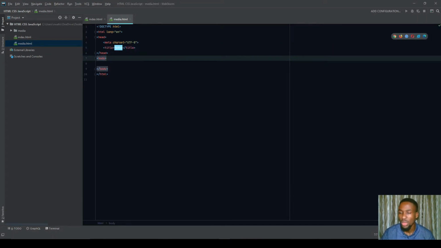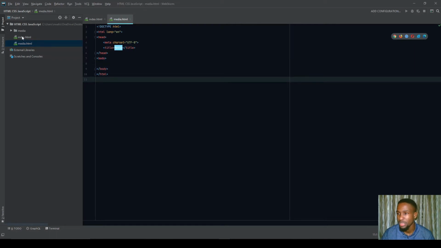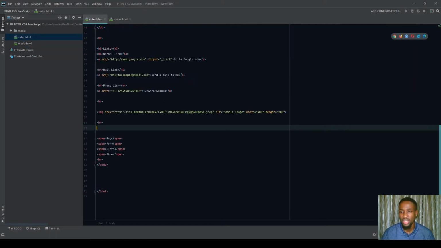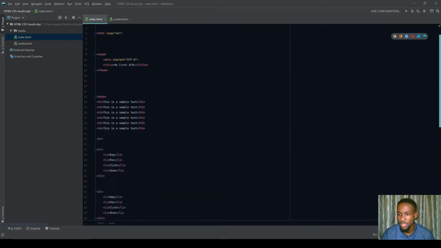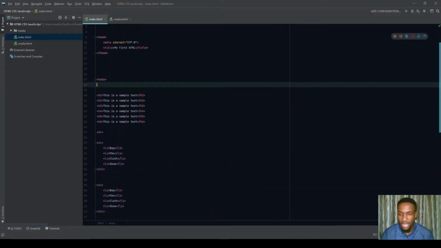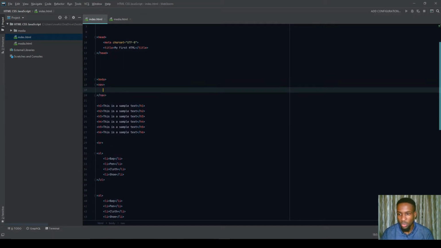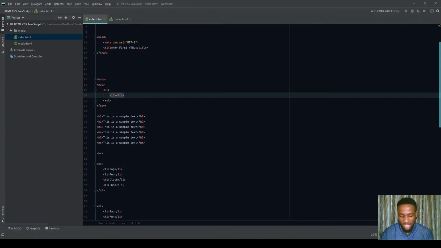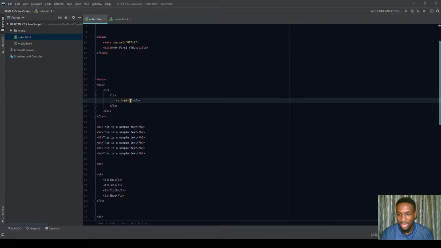I want us to have a link from our previous index.html to media. To do that, we can just go to the top of our body section, and I'm going to be using a new tag called nav. Nav simply means navigation. In this navigation, I'm going to create an unordered list, and then a list item inside of it, and I'll call this media. In this list item, I'll then create an anchor tag for linking. I want to link this to the media.html. Now we can see how my IDE did an autocomplete there for me,